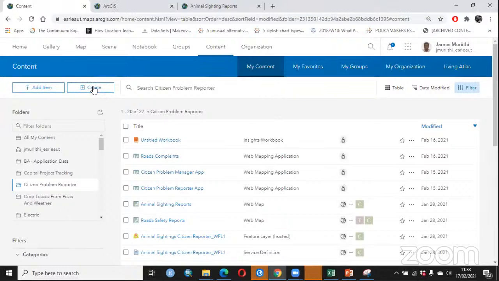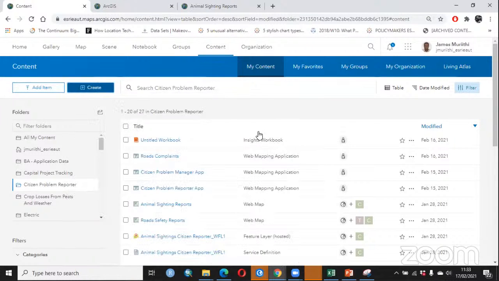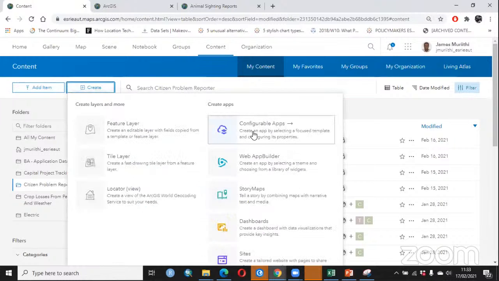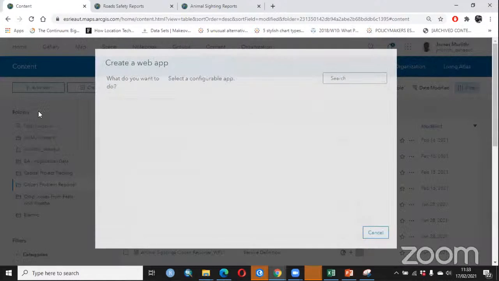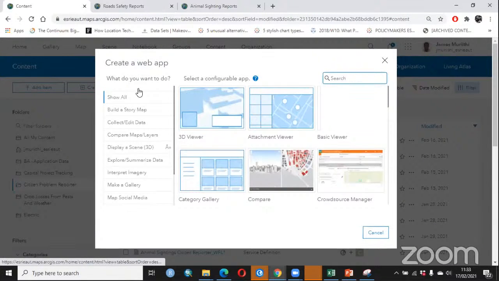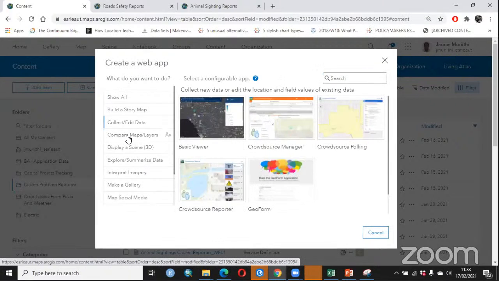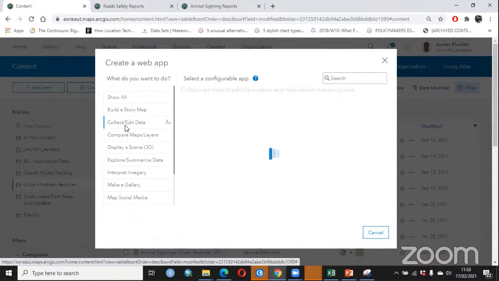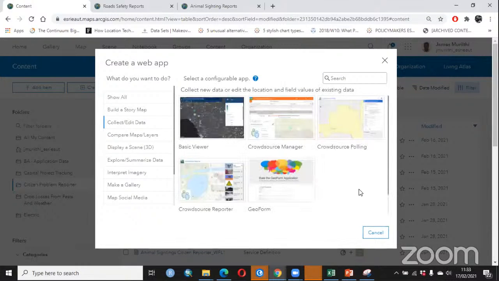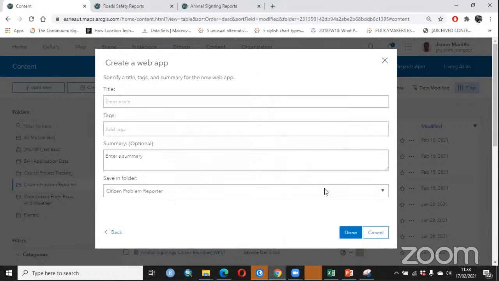So I'll come here on create, then we'll go to configurable apps. That's where all these applications are, especially the crowdsourcing applications. Then what's interesting is we've organized them according to what you want to do. So do you want to collect data? Do you want to compare maps? So for now, we want to collect data because we are crowdsourcing data from the public. Then we'll say we are using crowdsource reporter. Then we'll say create a web application. So we'll just call this